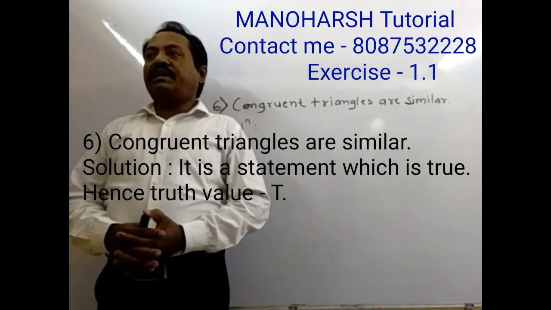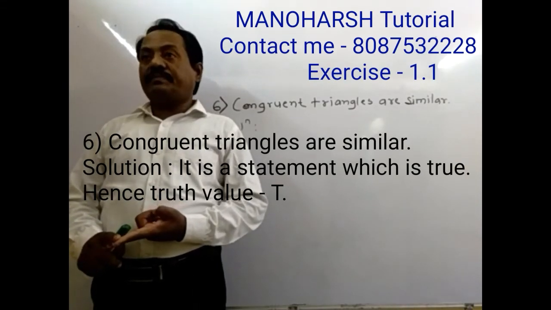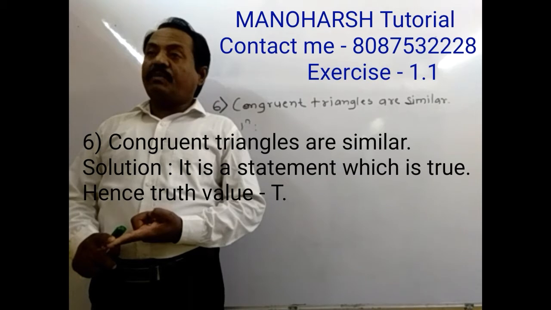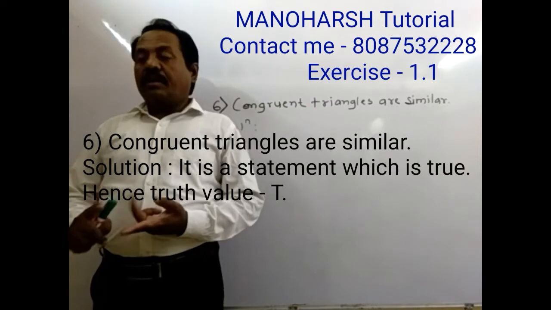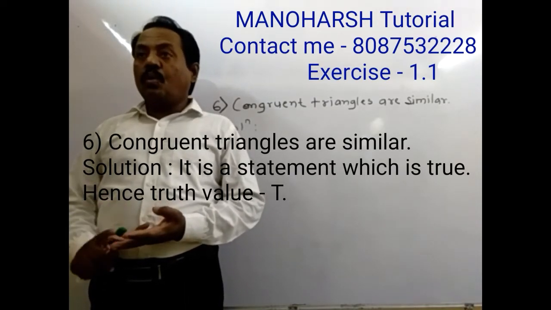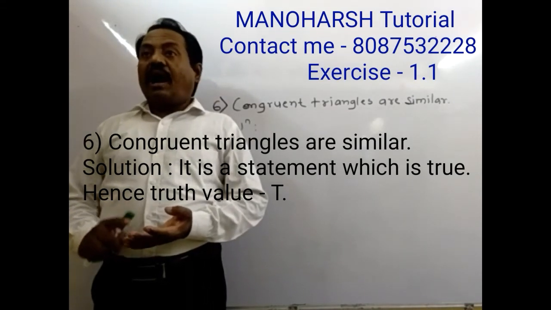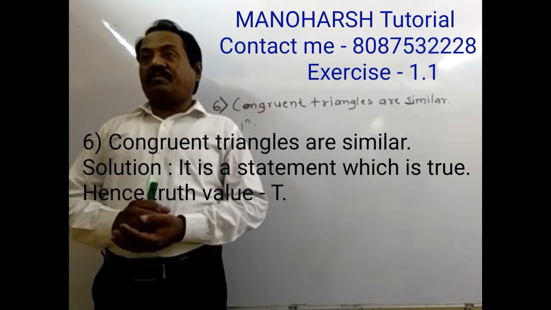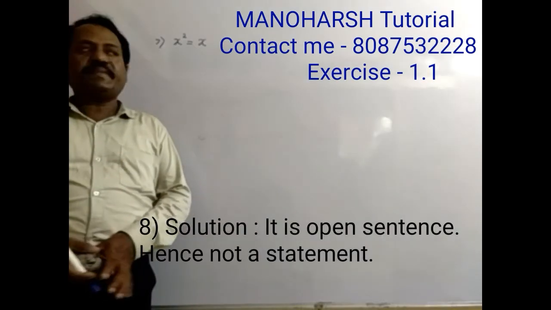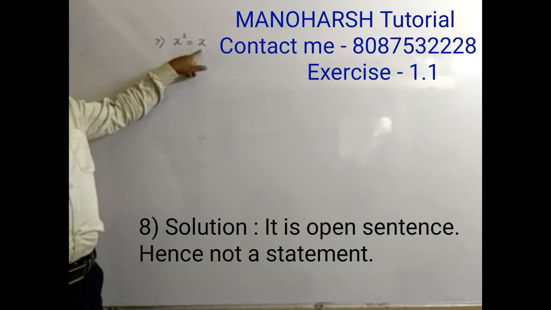Now this sentence is a property of congruent triangles and hence it is a statement which is true. ये statement होगा और इसकी truth value capital T होंगी। Now in logic the theorems, laws, rules, properties and mathematical formulas are completely true and hence all these are statements. ये सभी statement होंगे।